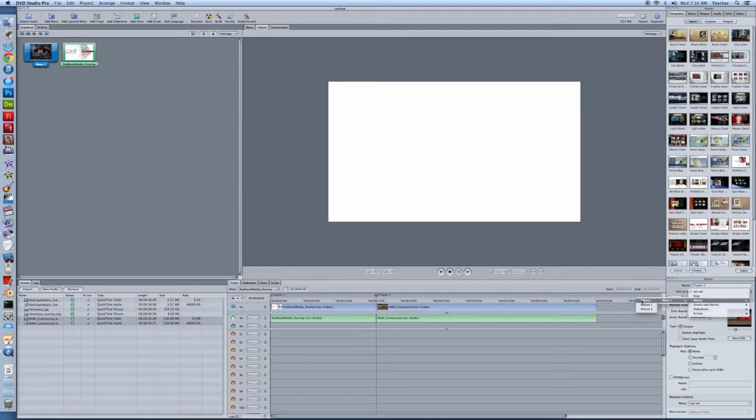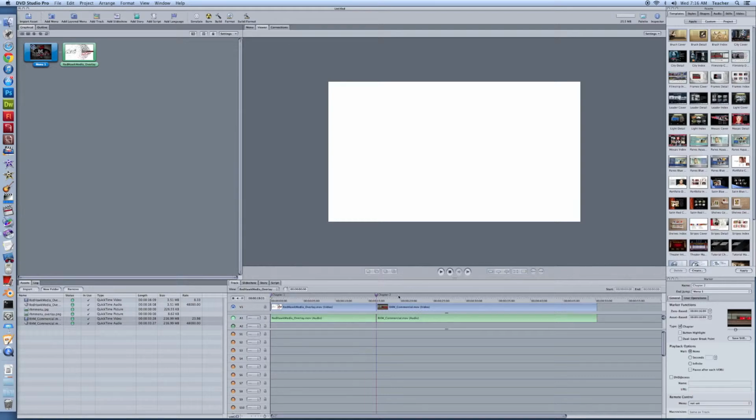I've only got my one menu. So when it's done playing, it's going to come back here, and then I'll have the option of playing it all over again. Now, if I have a simple DVD, no menu included, I can always make it so that my end jump goes right back to the first track and it starts playing that again, so it continuously loops. That's kind of a handy feature if you're looking for something that'll just keep going and going and going in the background. You never have to worry about it. So I'm going to set mine to the menu though,